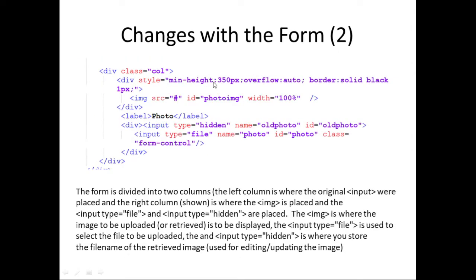And then, maybe you notice here I have a division class equals column until this part, because as I've said, I divided my user interface into two columns, and on the left side will be the basic information, where I have all my input tags, and on the right side will be the image. So here in the image, I placed a division wherein I place some formatting. I have the minimum height, overflow is automatic, border solid black, etc. So that's some sort of a box,